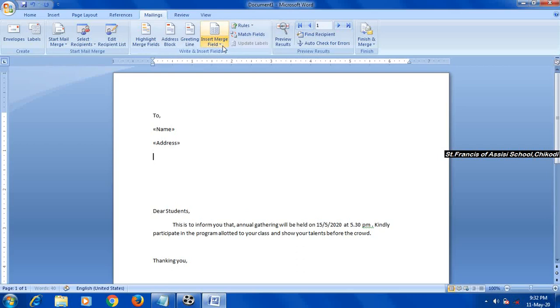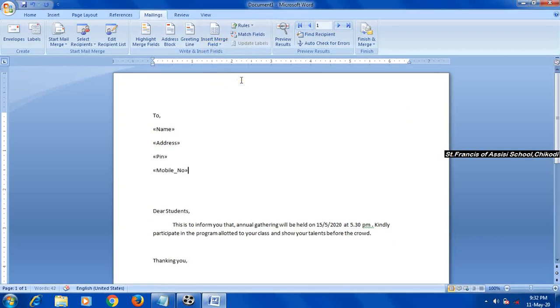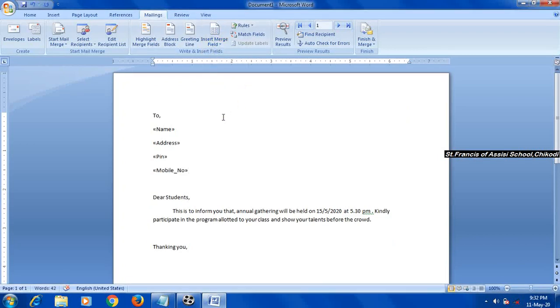Then again I will press the enter key to insert the next field. One more field is remaining here, mobile number. After inserting the merge fields, if you want to see the preview, you can see it. Preview means how the letters are going to appear.